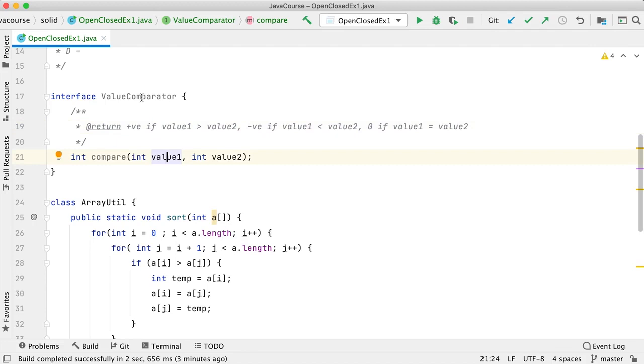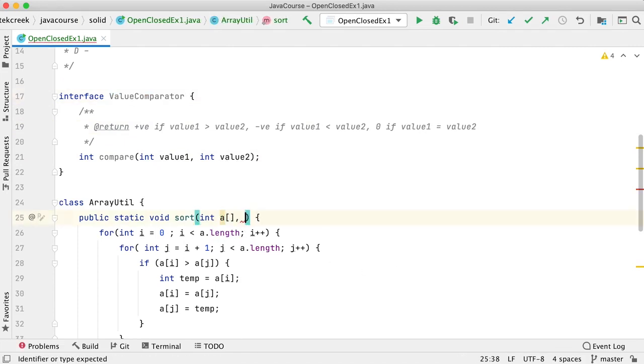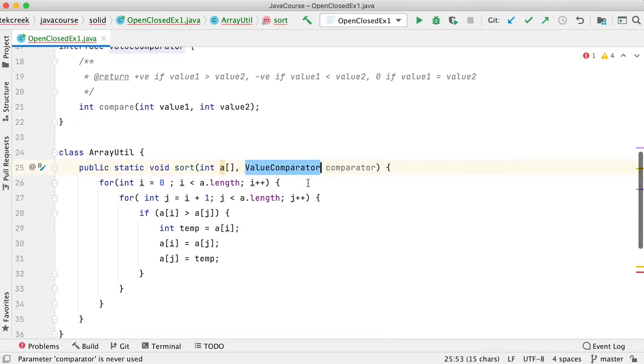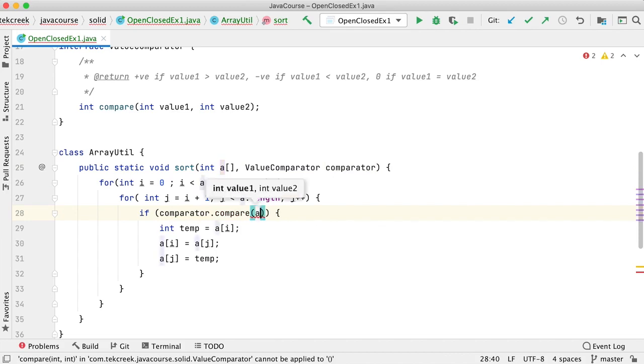Now what we can do is ask somebody who is calling the sort method to provide the comparator. So we will take an implementation of an object which performs the comparison. We don't do the comparison here; we will simply ask the comparator to do it. So instead of making a direct comparison, whatever comparator is given, compare a of i with a of j.